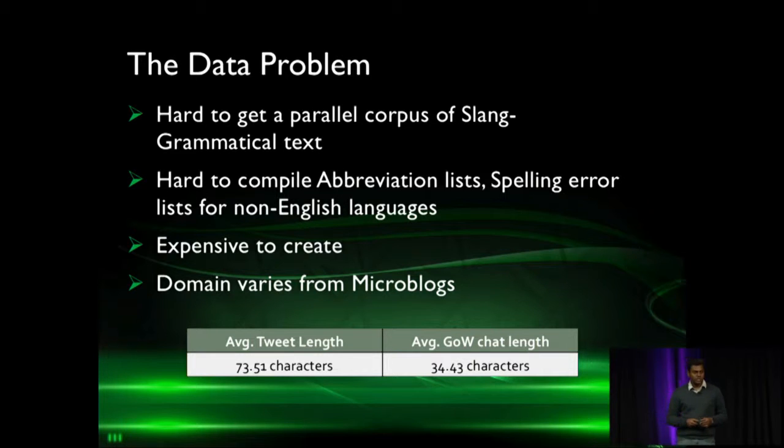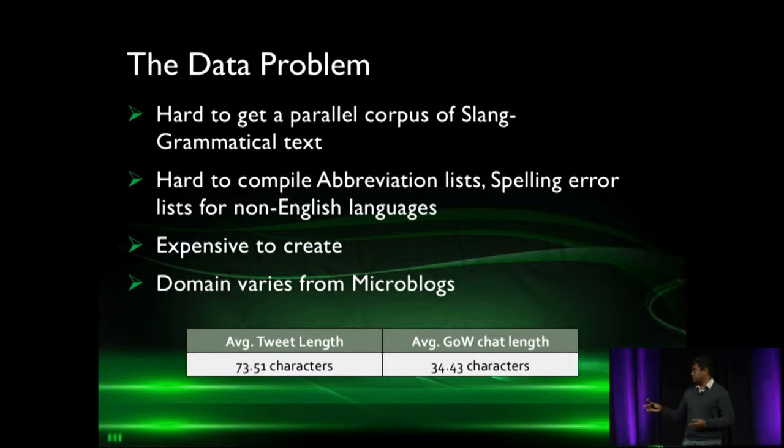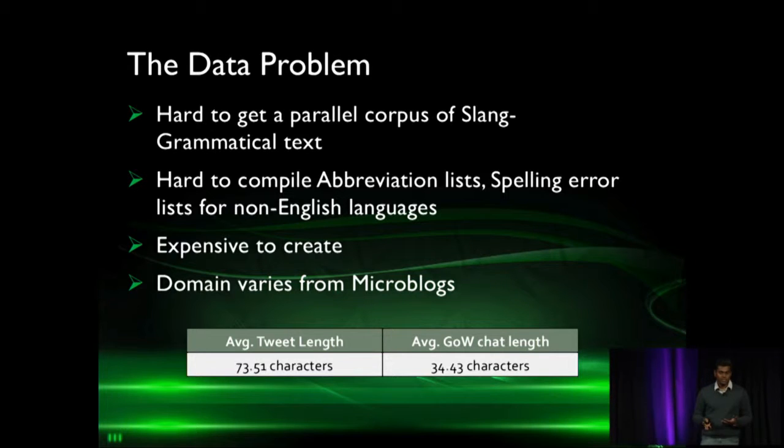But as any machine learning system goes, to train a system, you need data. And it's really hard to get data that can solve this kind of problem. Here we have slang text which needs to be converted to grammatical text. And it's really hard to manually generate this data. A, it's very expensive. B, you could use some crowdsourcing systems, but not many people are familiar with this kind of lingo. And C, you need this data across multiple languages. It's easy to get it in English, but very hard to do this across other languages.